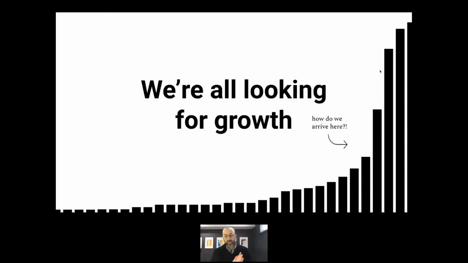The reason I think most of us have joined on today, we've got plenty of things to do, but we're all basically looking for growth and figuring out the best path to get there. We see charts that look like this, and we aspire to create these types of charts to show that the methods and tactics that we're using, the messages that we're creating, are leading to this type of growth curve. But when you look at these curves, when you start to see things jump up, we always look at that and think, oh, how did they get there? Like, what was it that caused it?